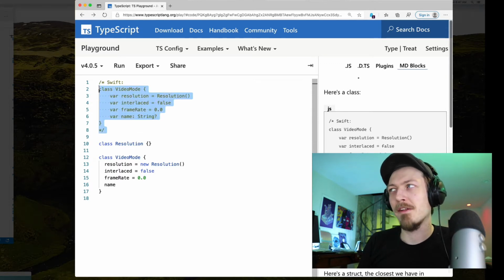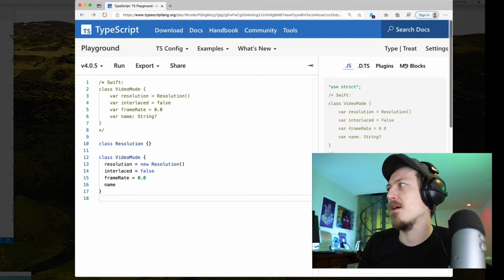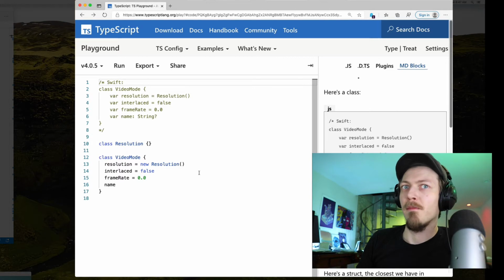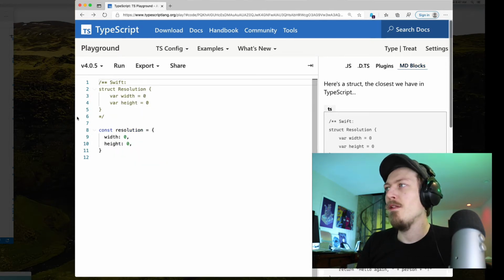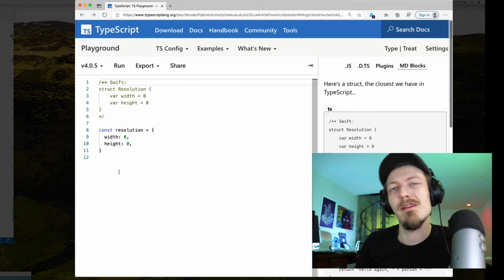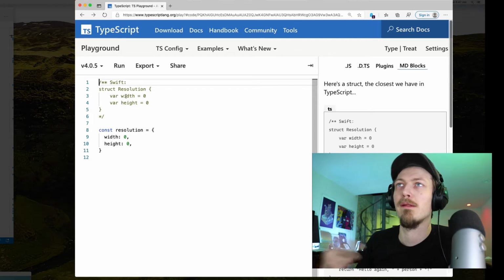So this is what it looks like to declare a class, and this is what it looks like to declare a class in JavaScript. It keeps a lot of the same JavaScript. Not much different there. Very, very syntactically similar. As the equivalent of a struct there isn't a direct metaphor, but there's just object literals.